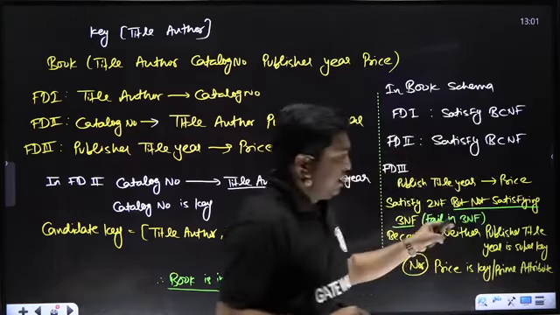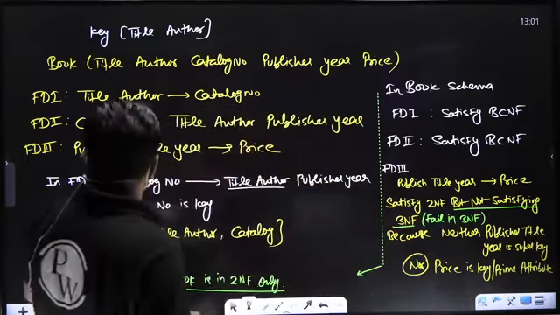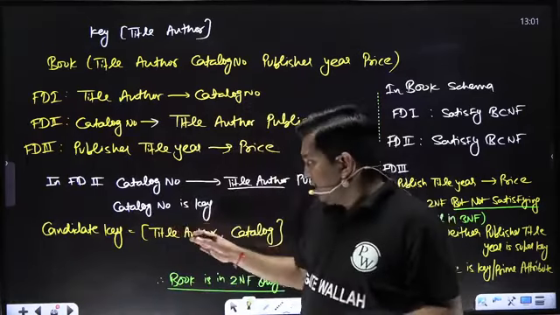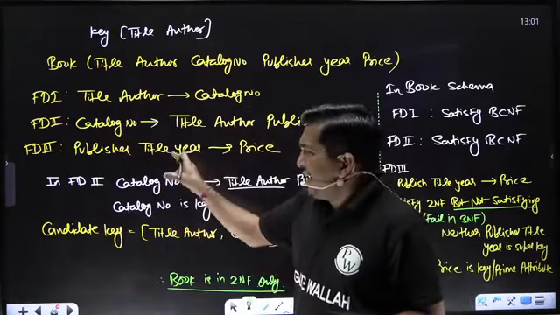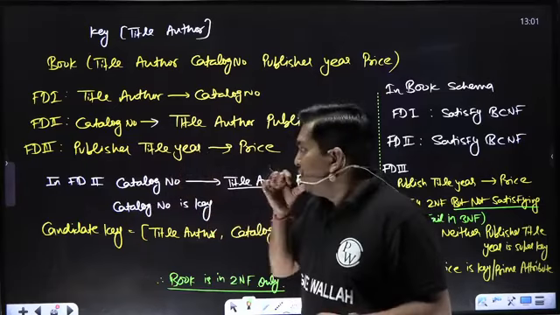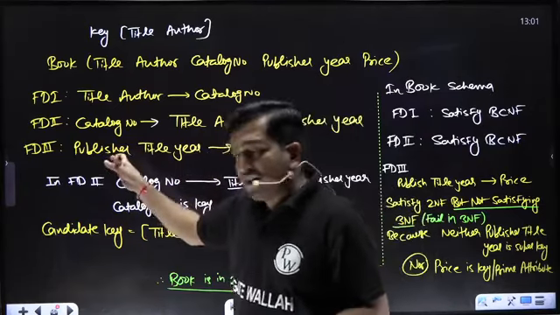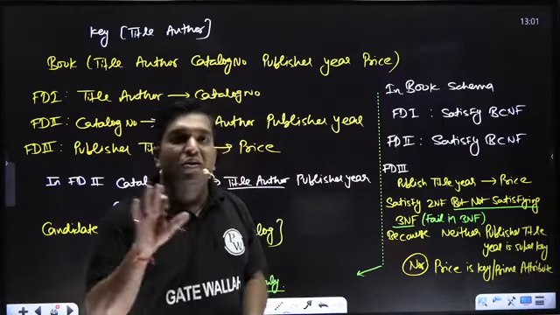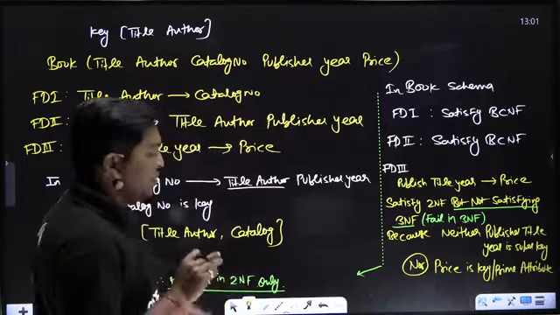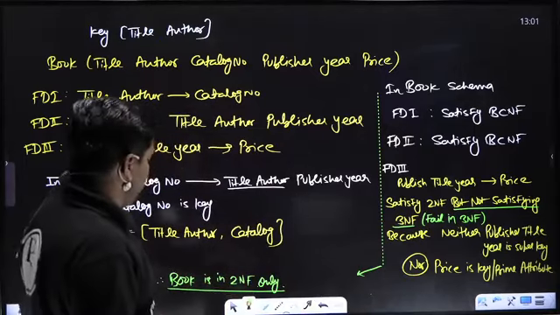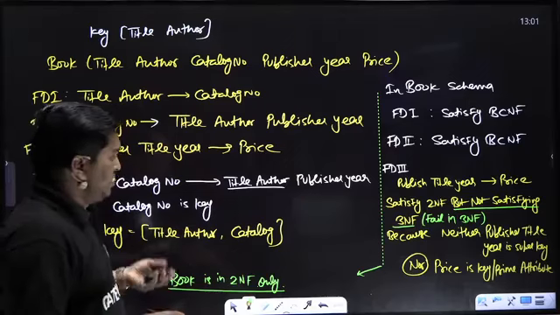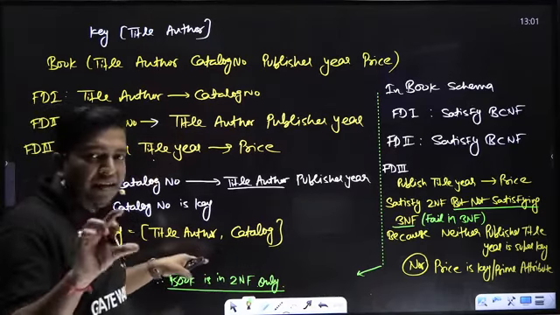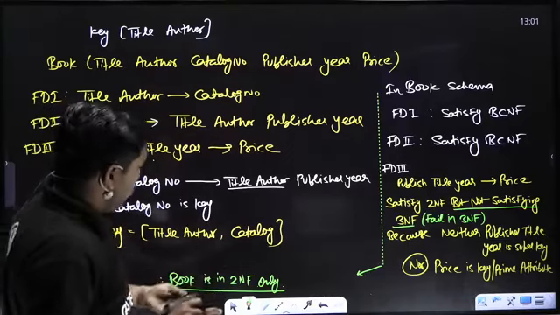Why? Because neither publisher, title, year is a super key, because what is the key? Either title author or catalog number. So title alone is not a key; title author is a key, or catalog number. So here neither X is a super key nor Y, the price, is a prime attribute. It is not in 3NF, so it is satisfying only the 2NF definition. It is because there is no partial dependency, because this is not a proper subset, either only title or author. So book is in 2NF.